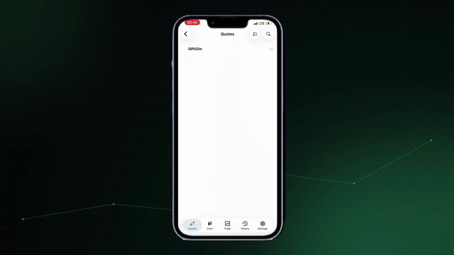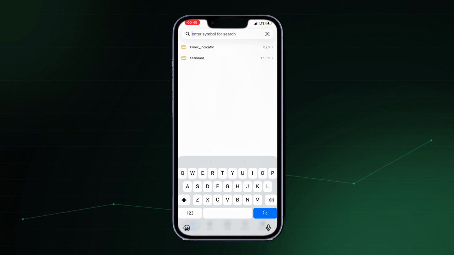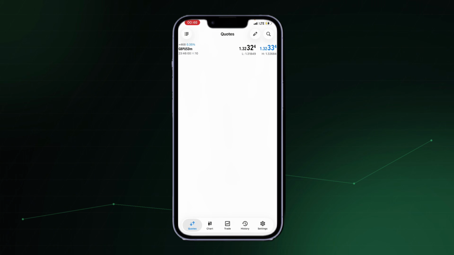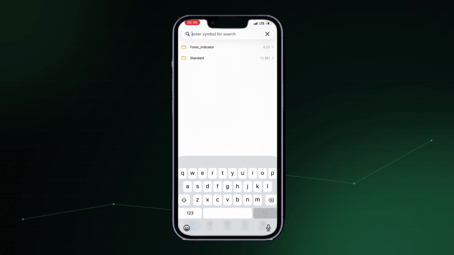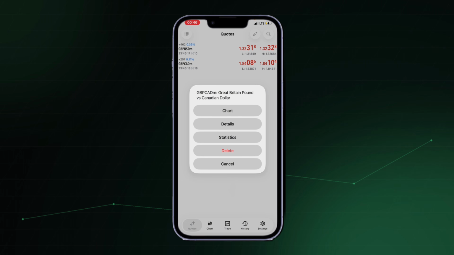So all you have to do is come here and then search, come to standard, and then forex, and then you'll see all different types of forex pairs, right? So for example, if I say, guys, we are about to trade GBP CAD, what you have to do is come to the search bar in your right top corner, and then type GBP CAD, and then you will see it, Great British Pound versus the Canadian dollar. Once you find it, then that's basically the pair, right?